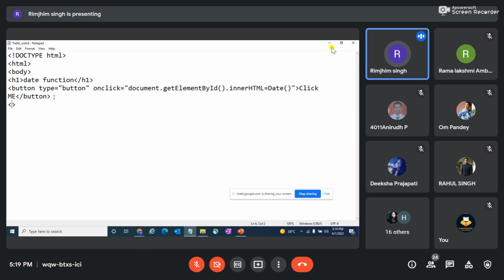So herein I'll be using a paragraph tag, p, id is equal to, and I'm giving the id as demo here.